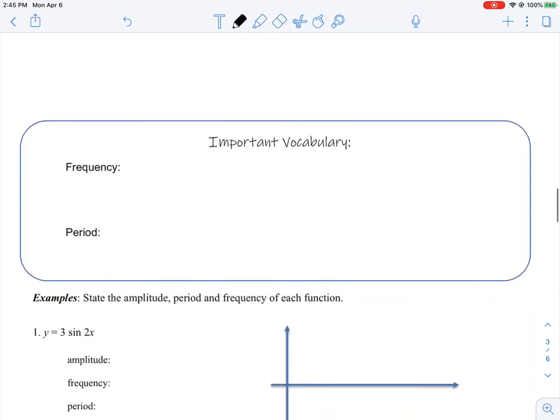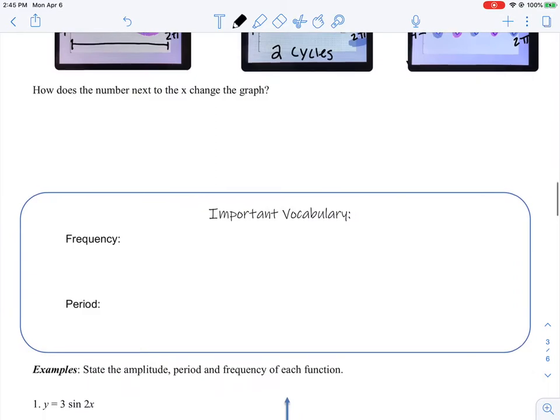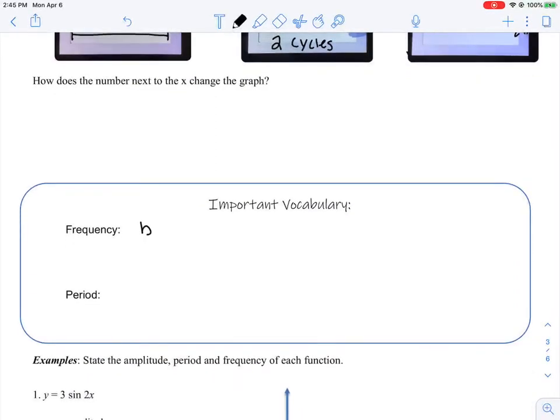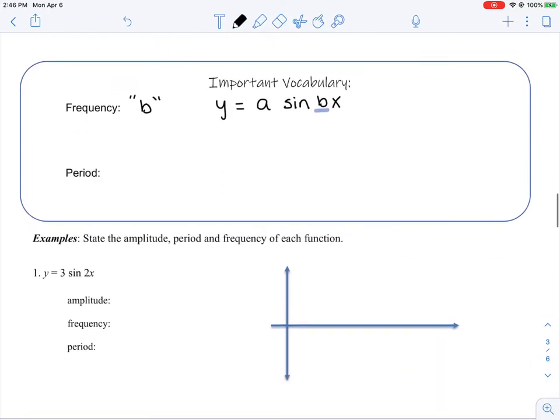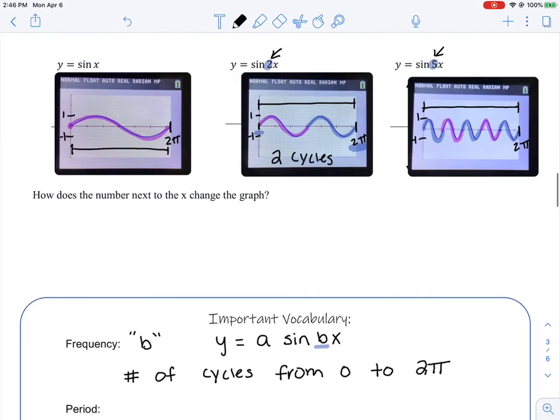So let's go over a few important vocabulary terms. That number in front of the x is called our frequency. So I'm going to just write b here. If I had the equation y equals a, which is our amplitude, sine of bx, this b value is the frequency. And this b value tells us the number of cycles from 0 to 2 pi. So again, just looking at this example, this was 1 and I saw 1 cycle. This was a 2 here and I saw 2 cycles. This was a 5. My b value or my frequency was 5 and I saw those 5 cycles in my